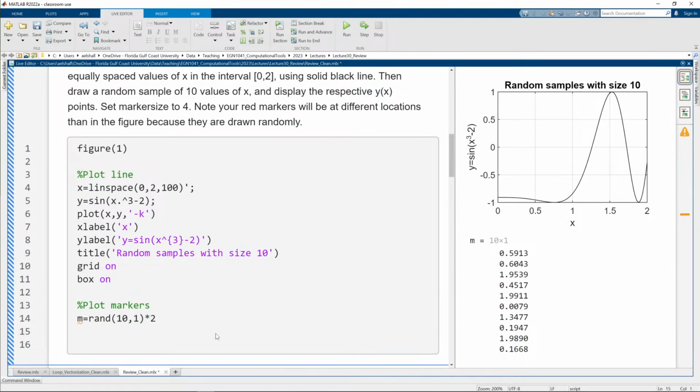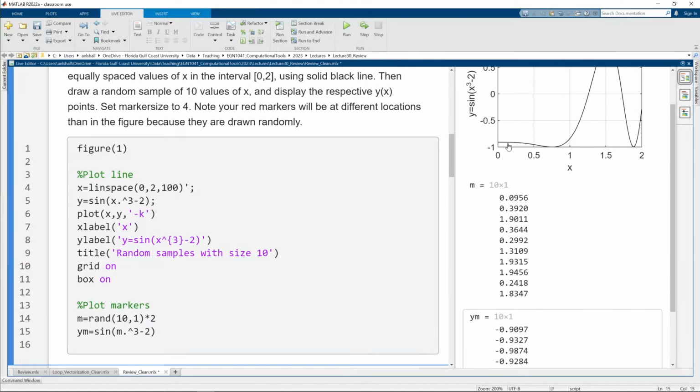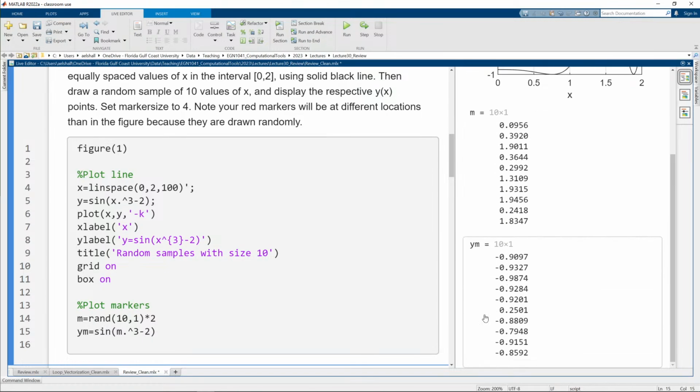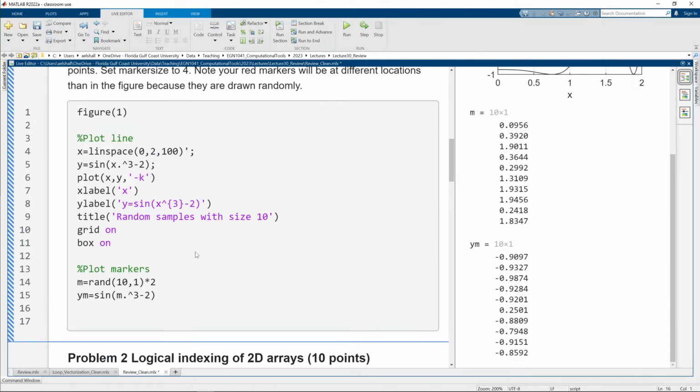And then I have my m here, my x marker. I need to now estimate my y value, so my y marker, and that would be this guy times m here. Then I should also get my marker at this x location and the corresponding y location. And then I just plot,